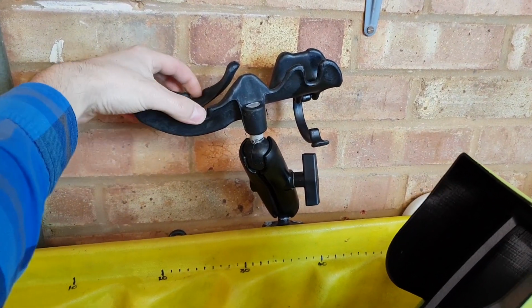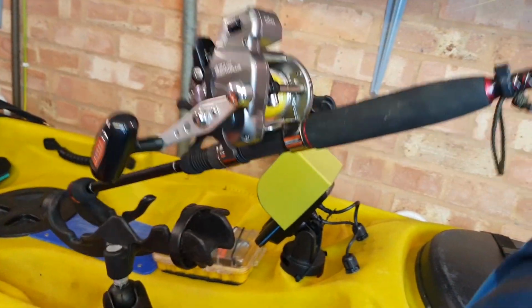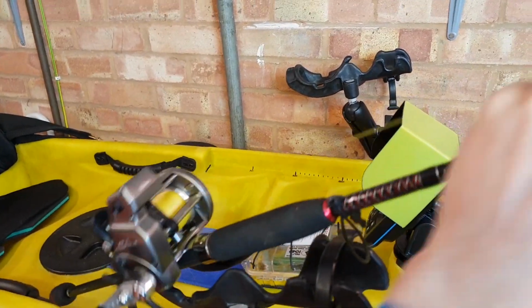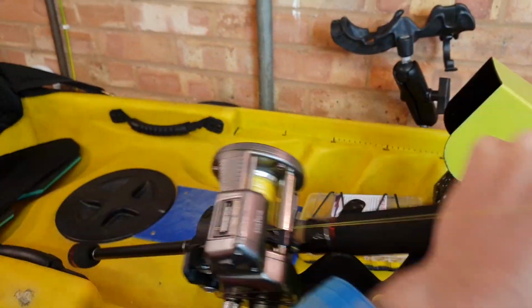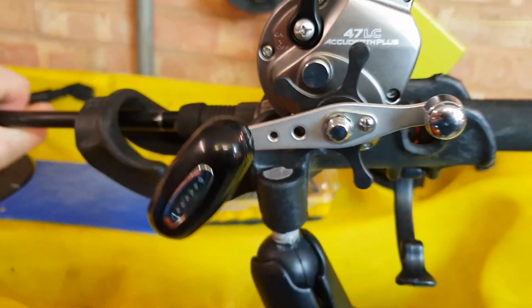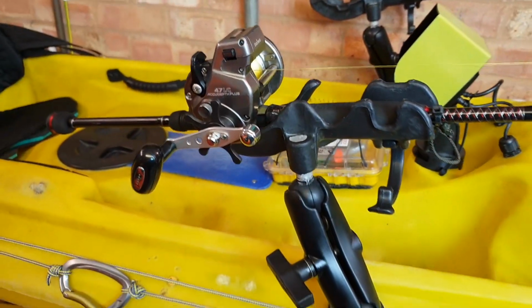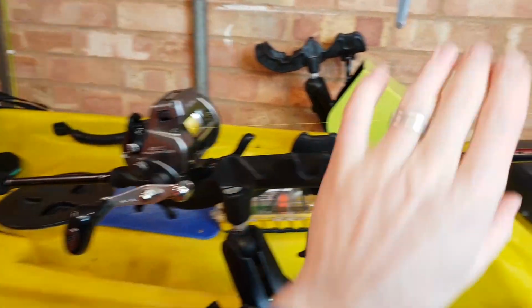The fact that they take a multiplier reel, which if I was to pick one of these up, so not only do they take the multiplier, I'm trying to do that one-handed, they sit in there like that, or you can sit them further forward if you want. So if you're bait fishing like that,